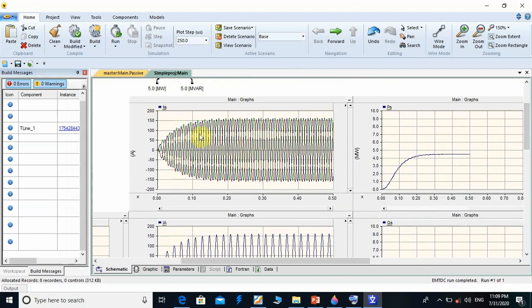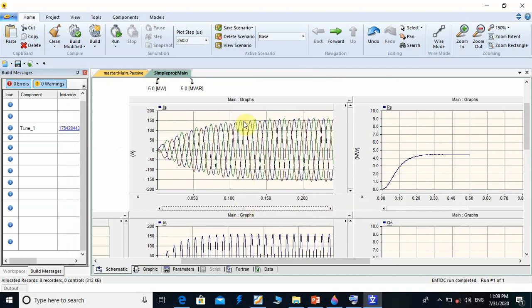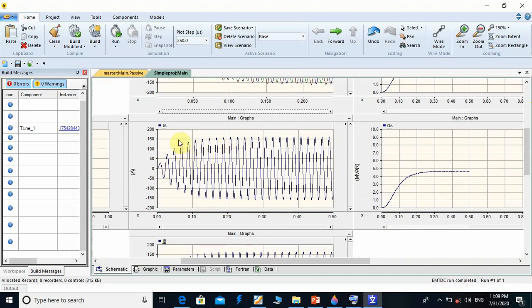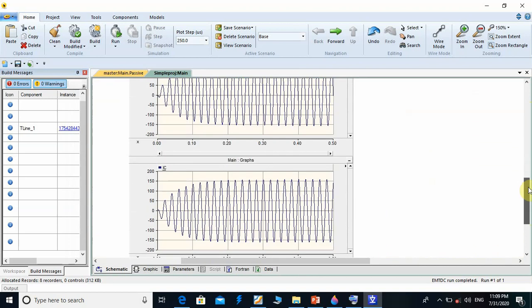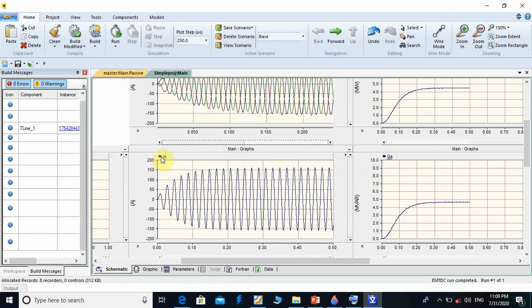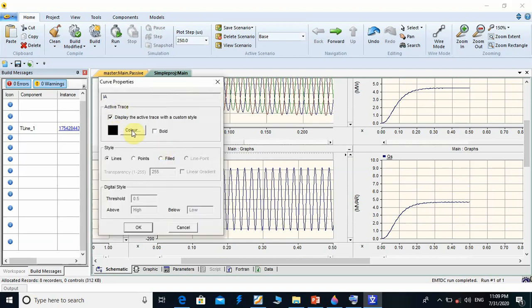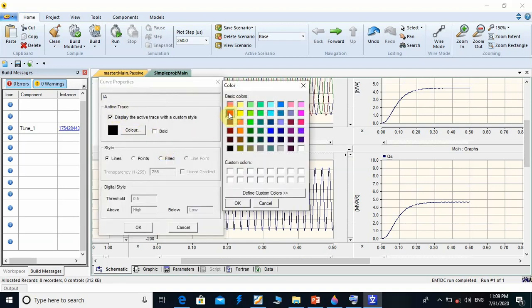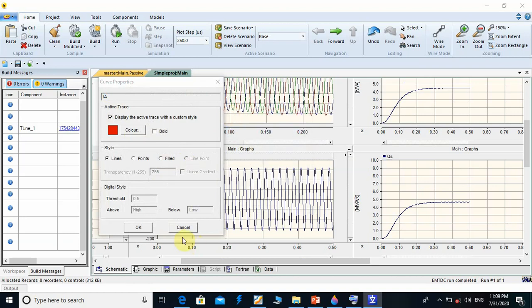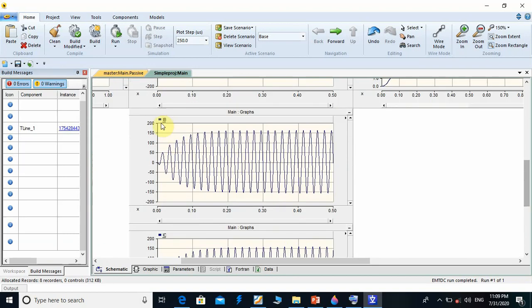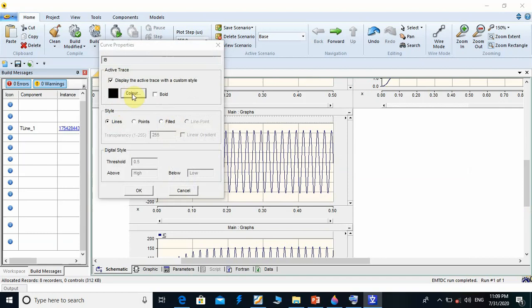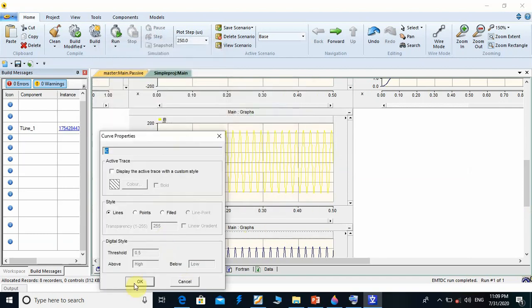Okay, here for IS is 3 phase. If we try to, you can see the 3 phase, but here is for phase A, phase B, and phase C. Also I can change this color. For phase A is red. Okay. And for phase B, yellow, and for phase C is blue. Okay,